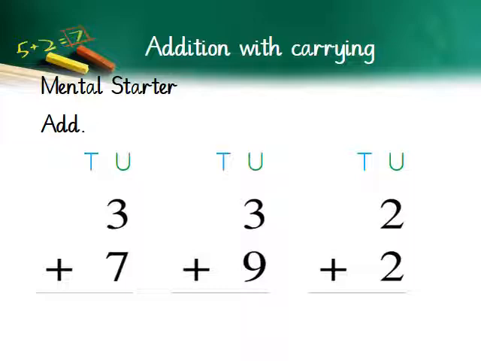0 will fall under units place and 1 will come under the tens place. In the same way, 3 plus 9. It makes up 12, correct. And 2 plus 2, very simple, 4. That will fall under units place. Alright, let's move ahead.